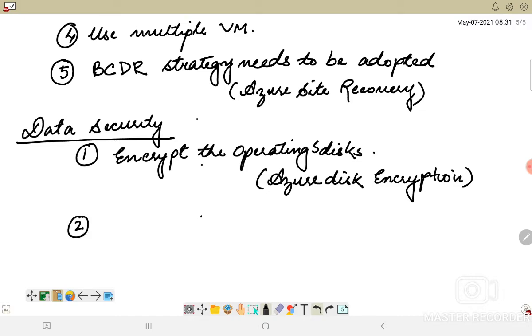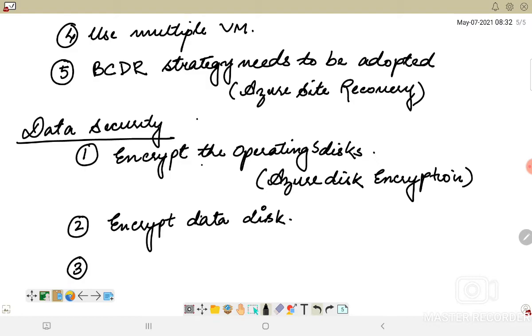The next important point is we also have to encrypt the data disk. The operating system disk is already encrypted, but we also need to encrypt the data that we are actually storing in any of the disks. Without the necessary keys, again the content of these encrypted disks is unreadable. So it will protect the stored data from unauthorized access that would otherwise be possible if it is copied.